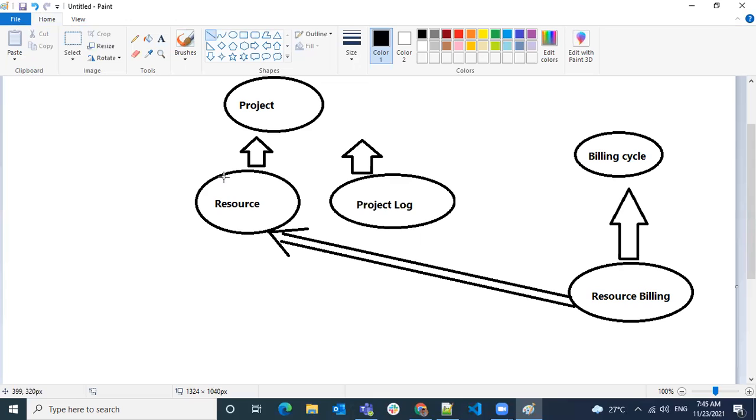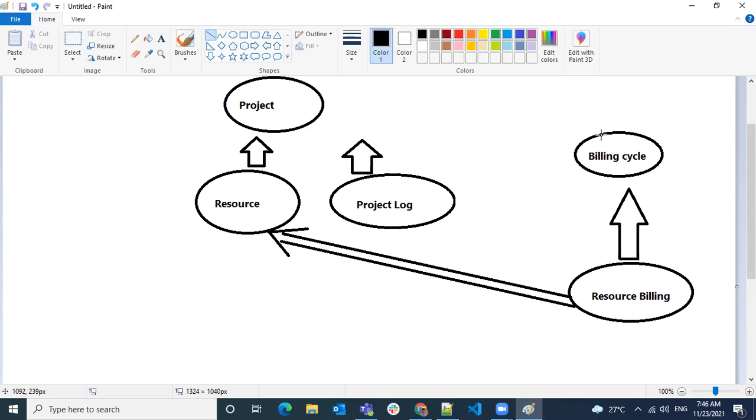So when I'm trying to create a record from a project, whenever a new resource is added to the project, I have to add one record called resource billing. Let's say they have monthly billing, so they want to know what the billing is for a specific month, quarter, or sprint, what work they are trying to do. They want to categorize those billings.